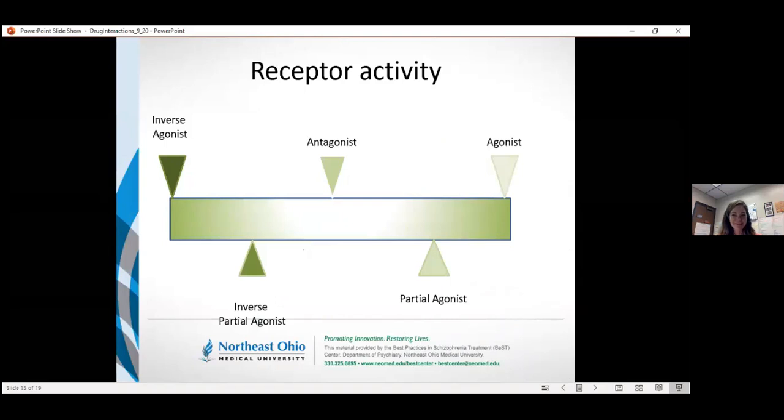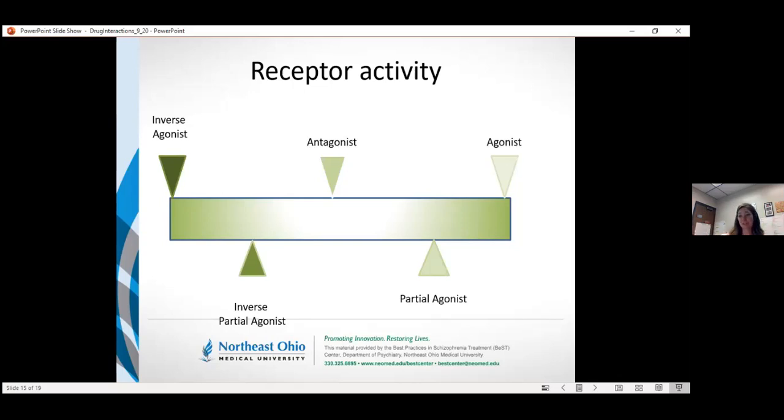We're going to look at the flip side in just a second, but to set that up, I wanted to talk about receptors. So a lot of our medicines work on different receptors, so they can work on different ends of the spectrum. If you think of it almost like a dimmer switch, where the agonist is the light is completely on. An antagonist is what a lot of our antipsychotic medications do. And it's not actually the opposite of having the light on. It's almost like having the light in the middle. So there's some light,